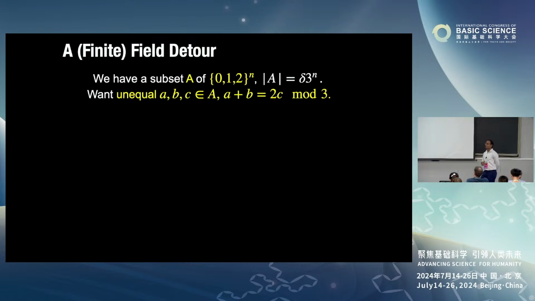I have a set which has a delta fraction of the entire universe. The universe is now all possible n-trit strings, where little n is the number of coordinates, and the unequal strings a, b, c satisfy a plus b equals c, but now it's all mod 3. In every coordinate I need to satisfy this equation, but